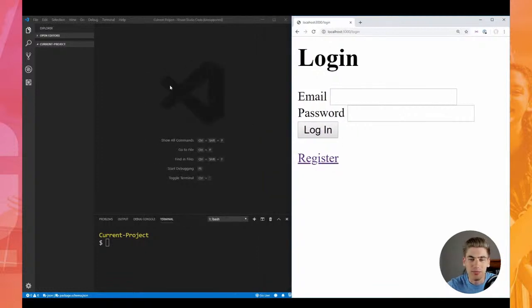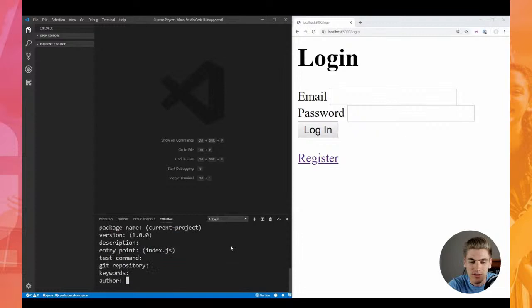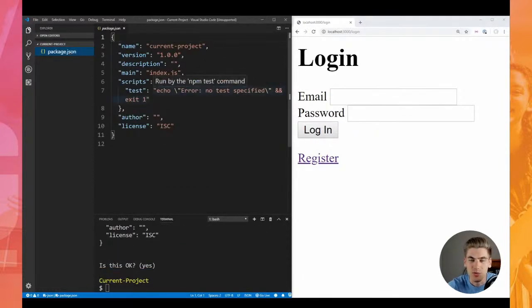a completely blank project to get started with because that's the best way to do things. And the first thing we need to do is initialize our project. Since we're going to be using npm to store all of our dependencies, we can just type in npm init, and we can just use the default values, so we can hit enter a bunch of times. And here we go, it's going to give us a package.json, which is where we're going to store all of